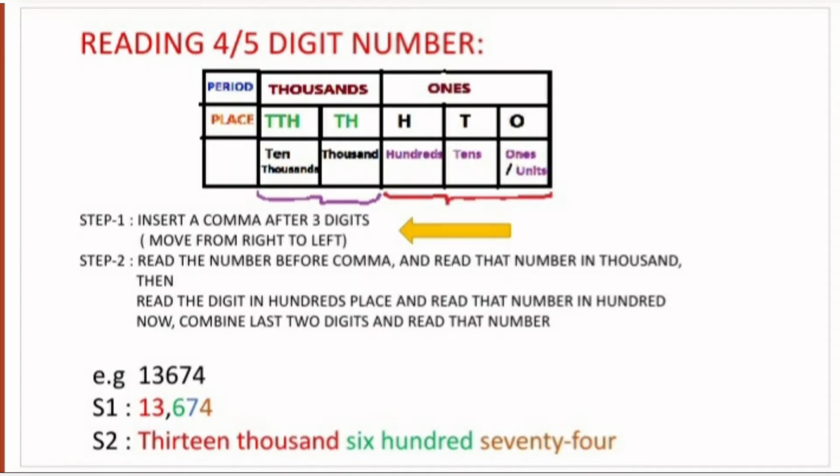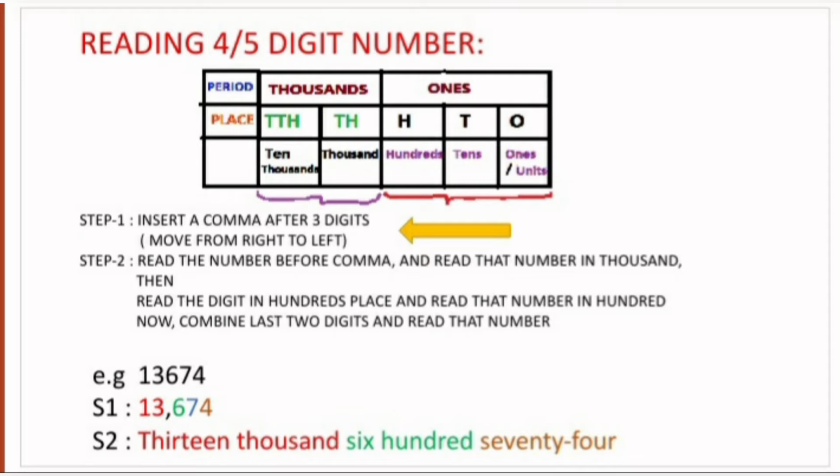Now children, we are going to try how to read and write 4 to 5 digit numbers. See the table given here and try to understand it. The periods you can see, that is ones and thousands, are shown. In the ones period you have 3 digits, that is the three places for ones, tens and hundreds, whereas in the thousands period you have two places, for 1000 and 10,000, where the digits are to be written. Remember that you have to move from right to left.